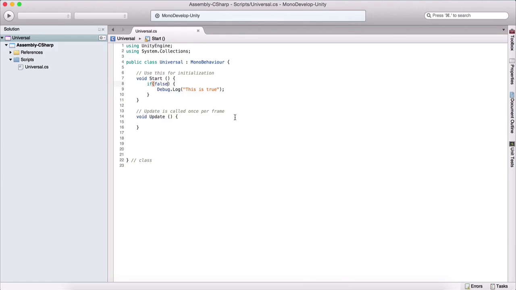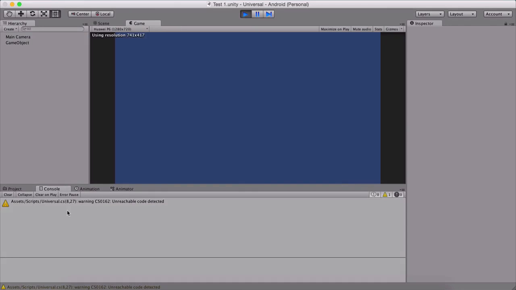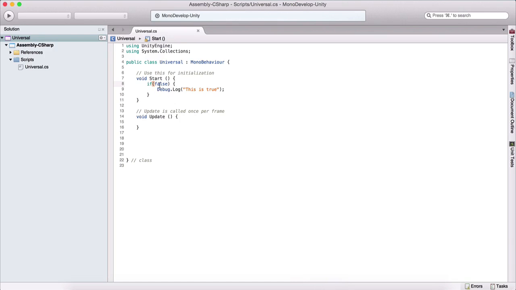If I put here false and go back and run the program, we will see that nothing is printed in the console, because this is false and it will not be executed. Now we see that this condition here is false and this code right here that we typed will not be executed. But what if we want to provide an additional or alternative piece of code that will be executed in